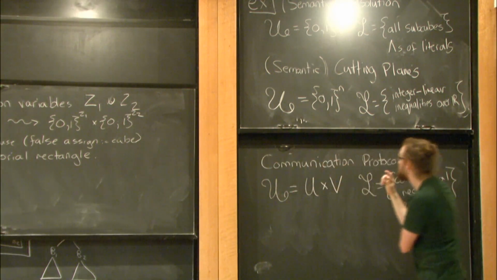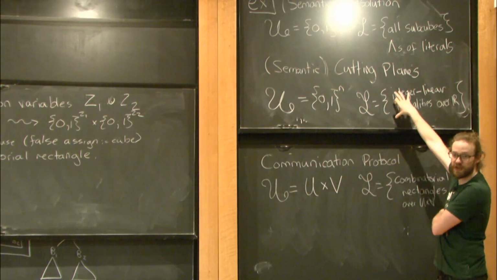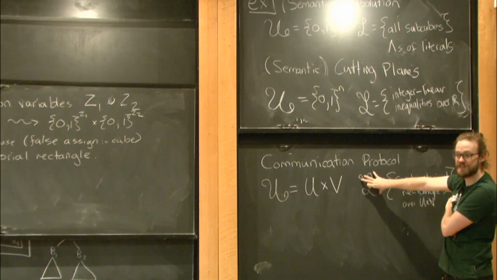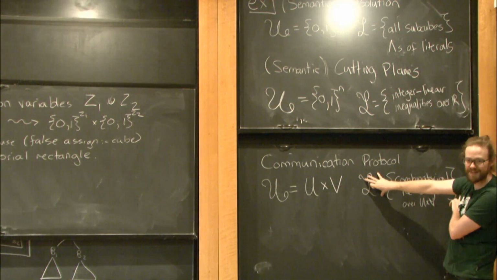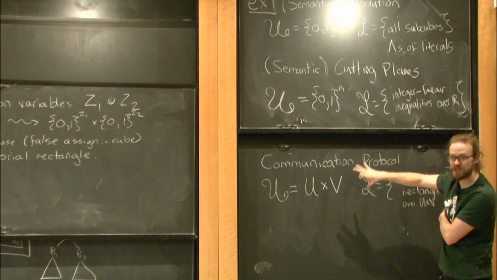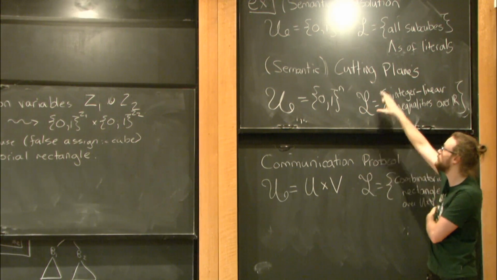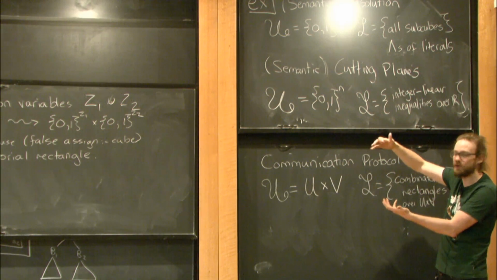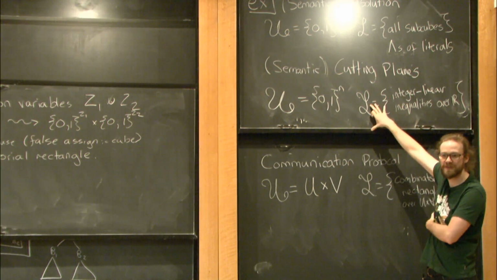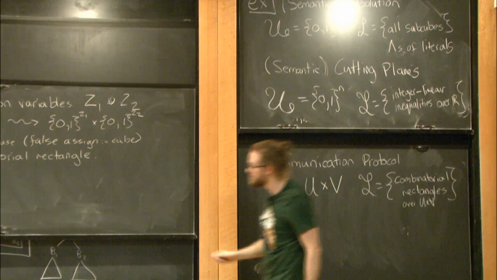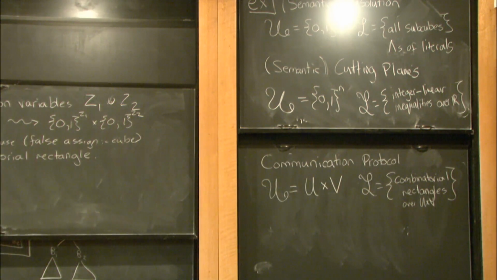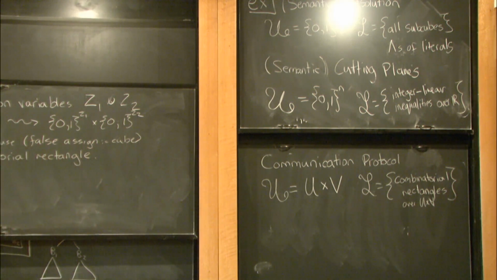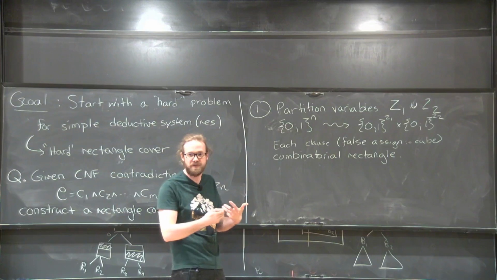So the exact same transformation works for cutting planes, transforming cutting planes into these things. And this is also known as feasible interpolation, right? So this allows us to use lower bounds on communication protocols to prove lower bounds on proofs like the cutting plane system, which, in fact, all known cutting planes lower bounds proofs come from this transformation. Right? So this is good on the one hand, but it's bad in the sense that it doesn't preserve hardness. So what we actually want to do is preserve hardness somehow.